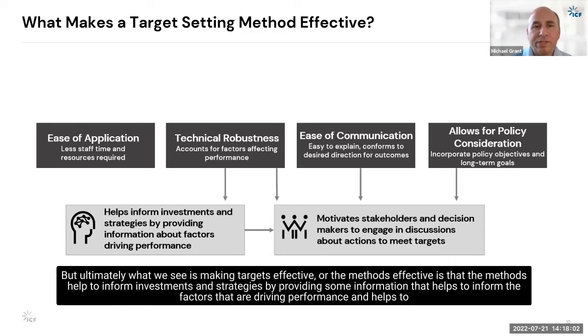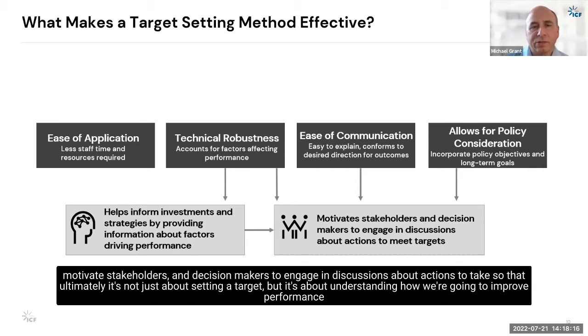But ultimately, what we see as making targets or the methods effective is that the methods help to inform investments and strategies by providing some information that helps to inform the factors that are driving performance, and helps to motivate stakeholders and decision makers to engage in discussions about actions to take. So that ultimately it's not just about setting a target, but it's about understanding how we're going to improve performance